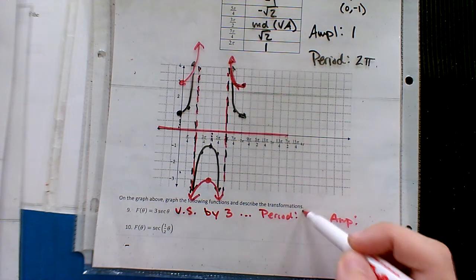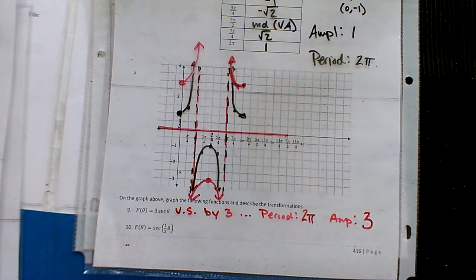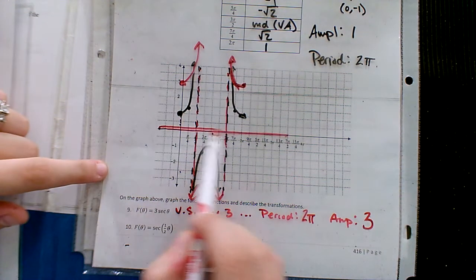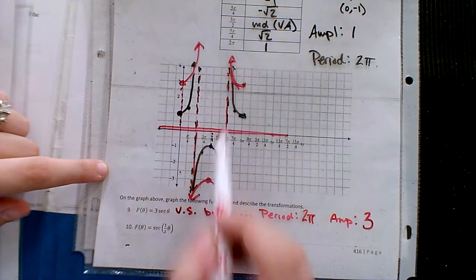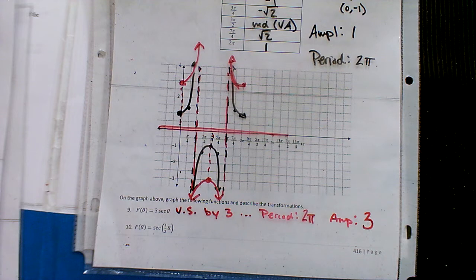Perfect. We didn't change the width, so the period stayed the same. Amplitude from the baseline at the middle, you got to count up 3 or down 3 to get to a vertex. Perfect. Let's try our horizontal stretch